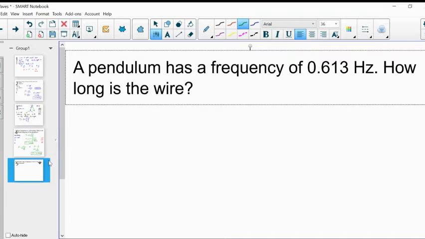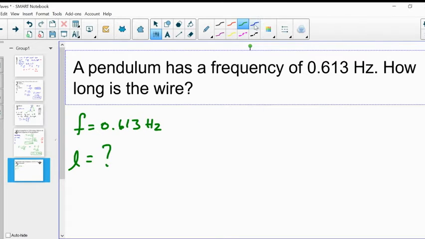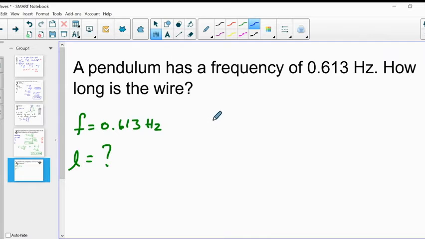I'll do one other question. What I have here is a pendulum with a frequency. So my frequency is 0.613 hertz. And I want to know the length. I would start off with this. If I have the frequency, I'm going to find the period. The period is 1 over the frequency. So my period is 1 over